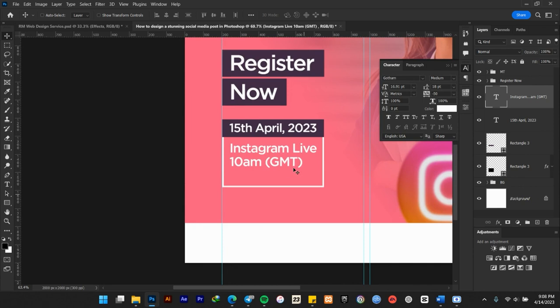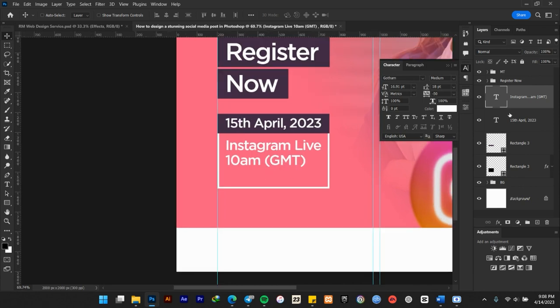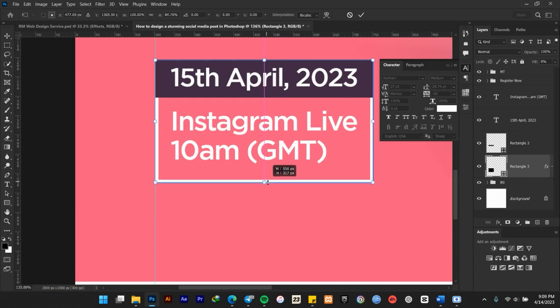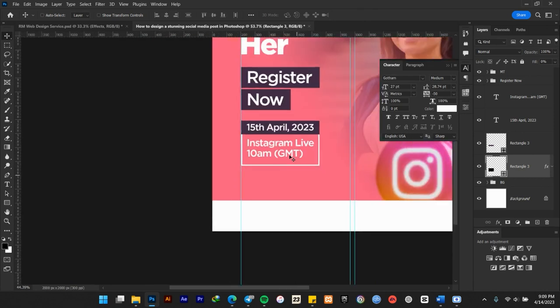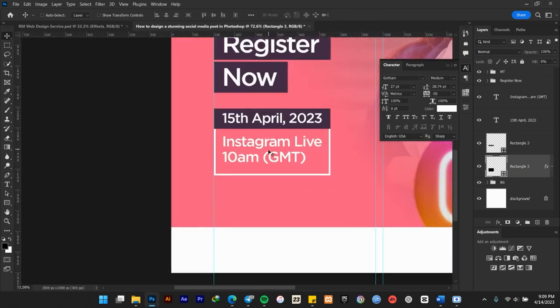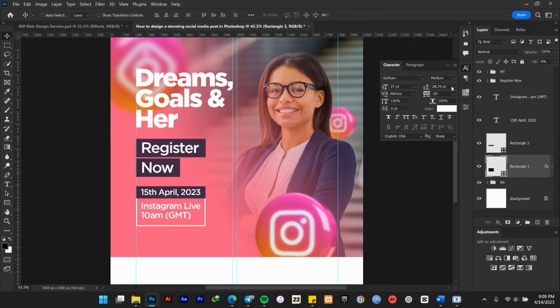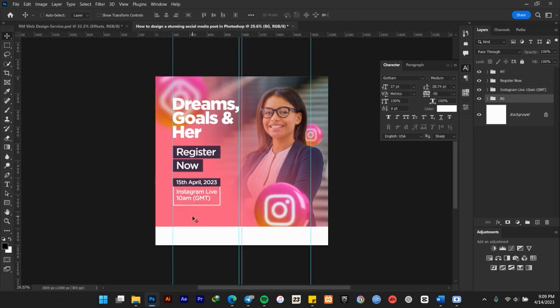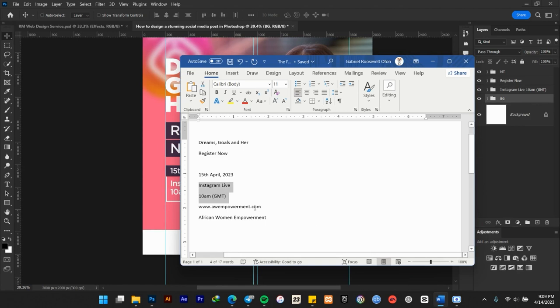I think there is a lot of space at the bottom, so let's push the Instagram live down a little bit. The size or rectangle. So now we are done with this part as well. Let me copy this and then give it a name and give it an Instagram live. Okay, so now the next thing here is to add